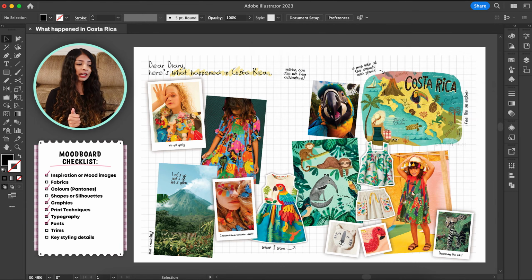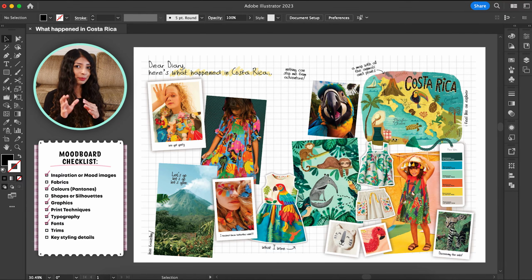For the color palette, we can see from what we have that the palette is bright and fresh with lots of greens and blues, but also some very summery oranges and yellows. So picking out the colors from these pictures, I put together a palette and Pantones in the form of a bookmark which I drew. Because of course this is a scrapbook and the more stationery you add, the more realistic